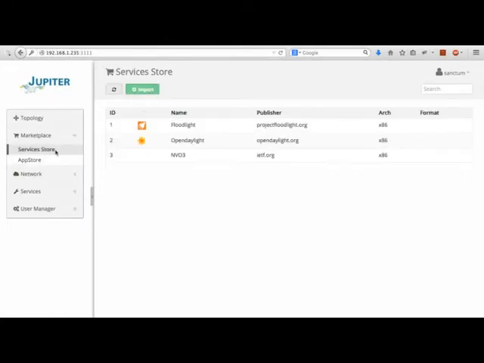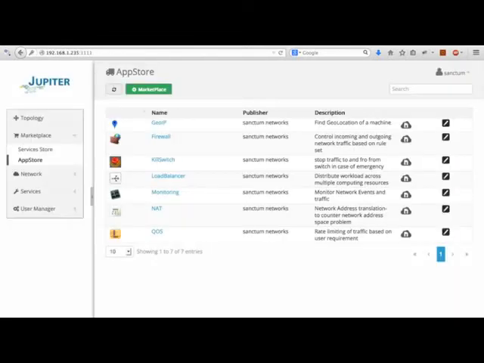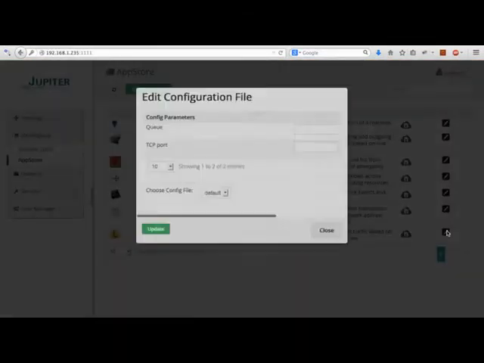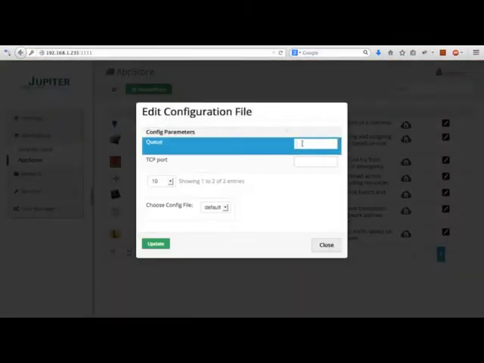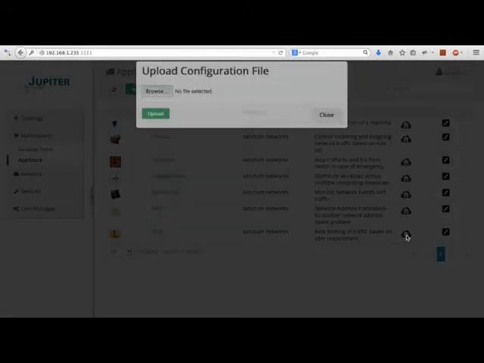To deploy third-party services and applications within your network, we have the Marketplace. These SDN applications can be downloaded from the global store, where developers upload them after verification. After downloading, you can custom configure the application. One can also upload a template file which can contain a schema for service chaining.